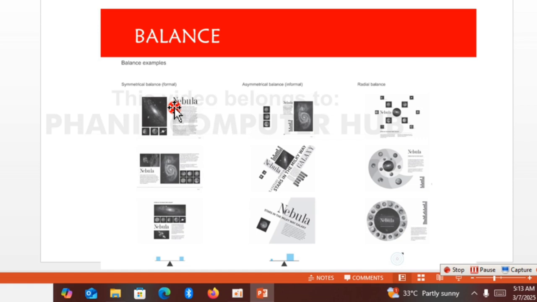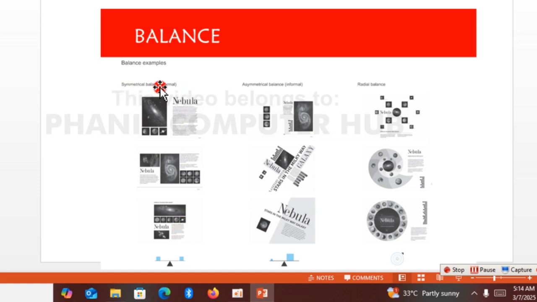If you're placing your picture by this side, something like this, all your pictures will be by this side, then the other side will be for text. If you look at this one, the pictures just go like a Z alphabet. Can you see it goes like this, comes like this? The pictures are up, then below, then these are the places where text is. So when it comes to balance, we have